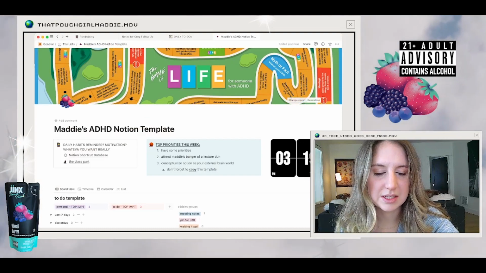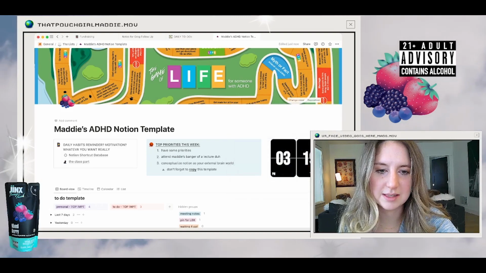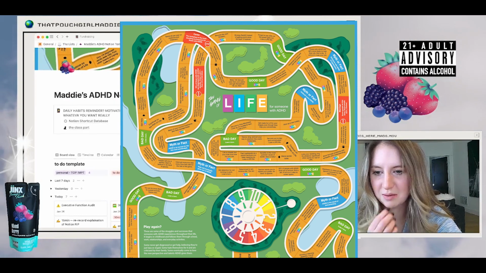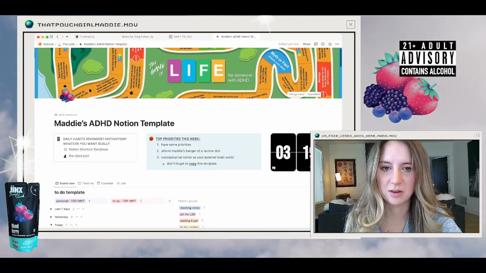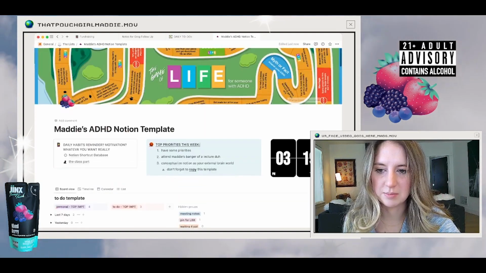One of my things that I like to do is change out the cover for something fun. So I uploaded this. It's a really fun piece of art on the game of life of ADHD, but I think it's one of the best things to create a mood for yourself. And there are so many aesthetic things that you can swap out, but the most important things up top here